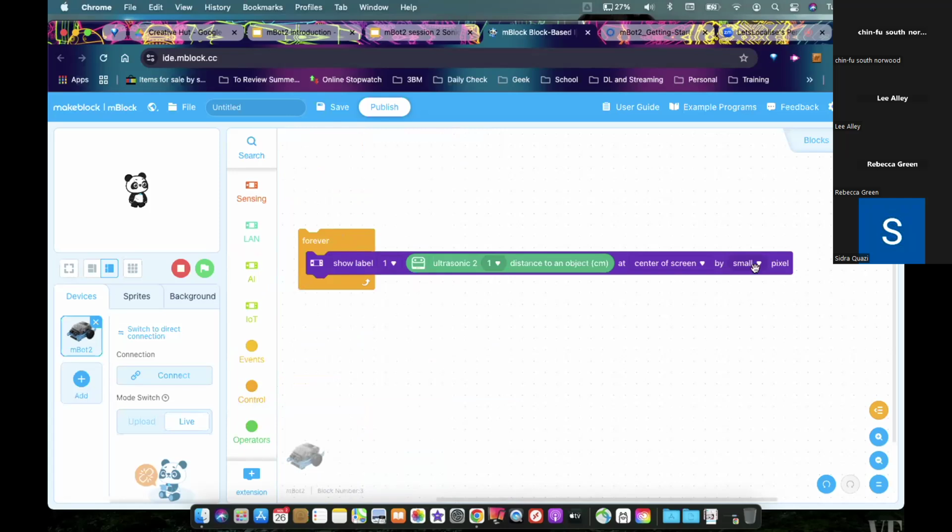So it's worth, assuming you've got the robots in front of you, have a quick go of this. Spend a couple of minutes, make sure it's connected, put this in, and you should see the number change really clearly and quite visibly. And it's a good little activity just to get you and the children you're working with an idea of exactly what the sonic sensor is actually doing and what numbers make sense. So when you put your hand really close, what is the value that it's using?